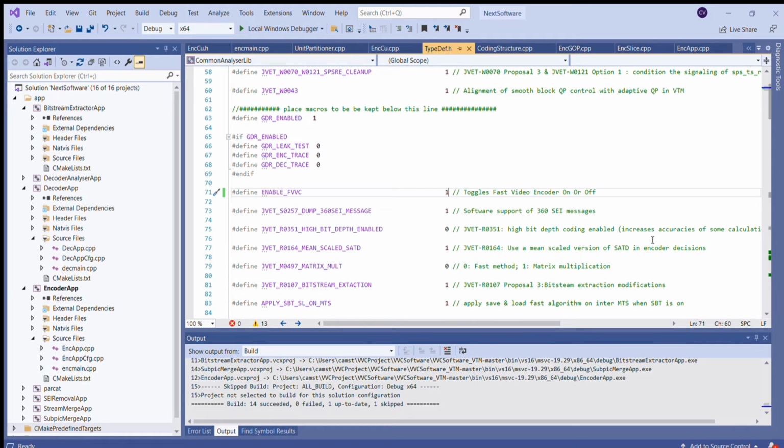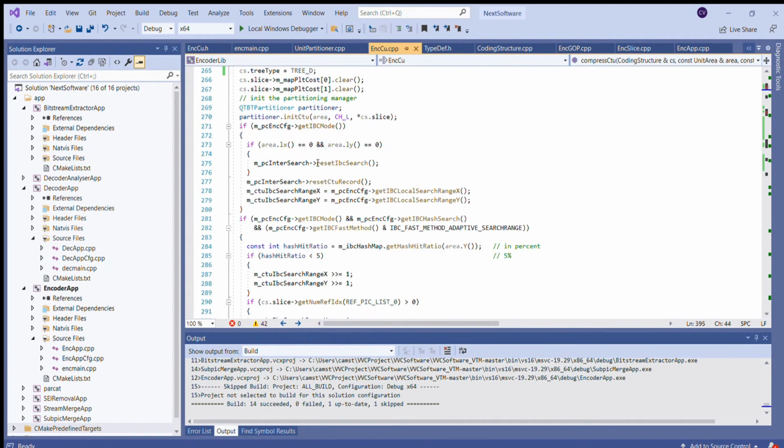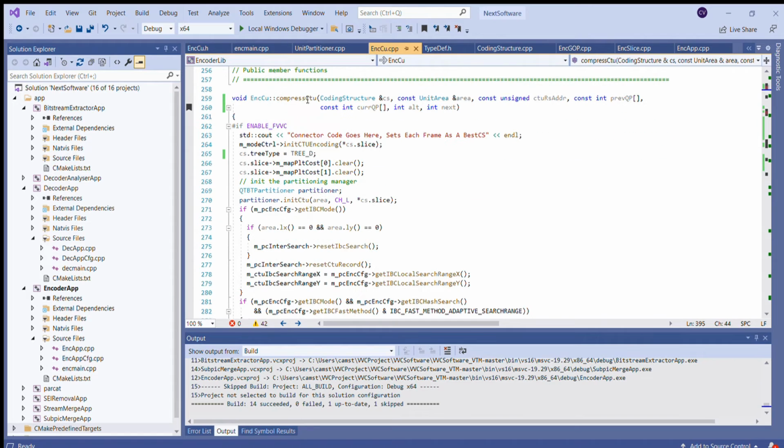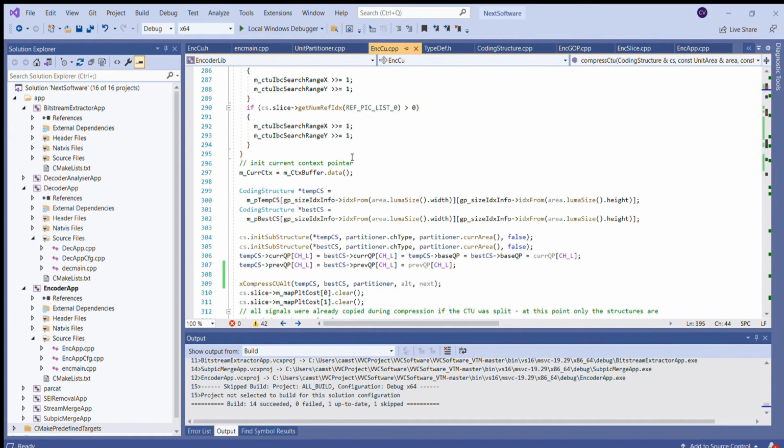Next up, we have the demonstration of my toggle subsystem prototype. The toggle subsystem prototype mainly uses the enable FVC as a boolean to determine if it's active or inactive. If enable FVC is set to 1, then the toggle subsystem is set to active. If enable FVC is set to 0, then the toggle system is inactive. It works. This can be seen in the compressed CTU function, where if enable FVC is active, then you get